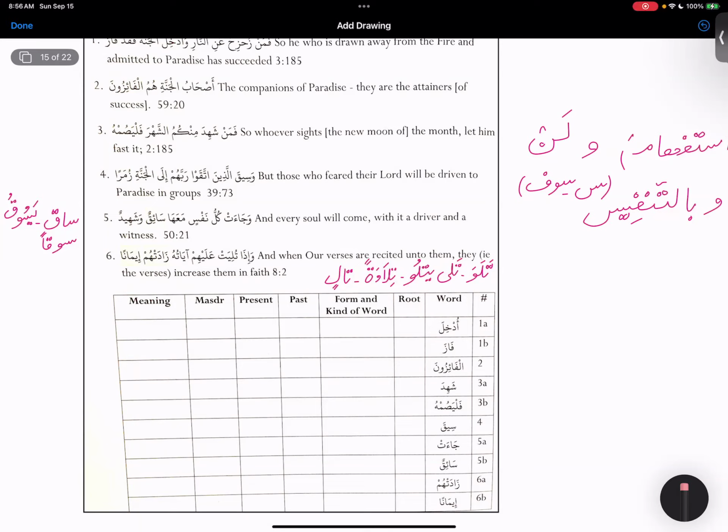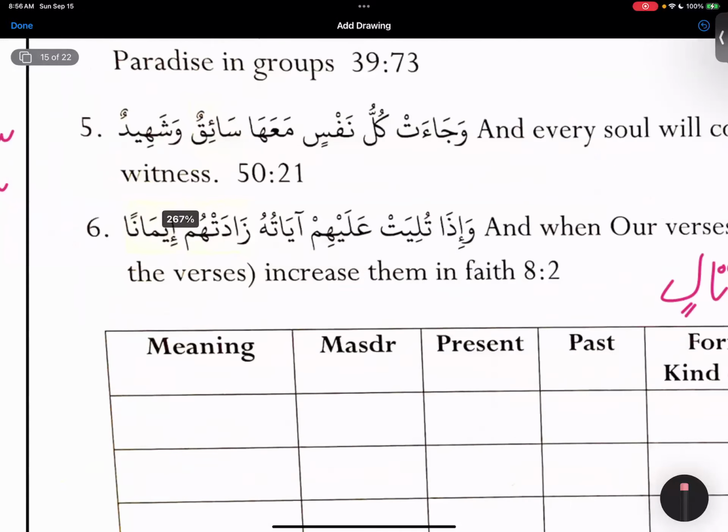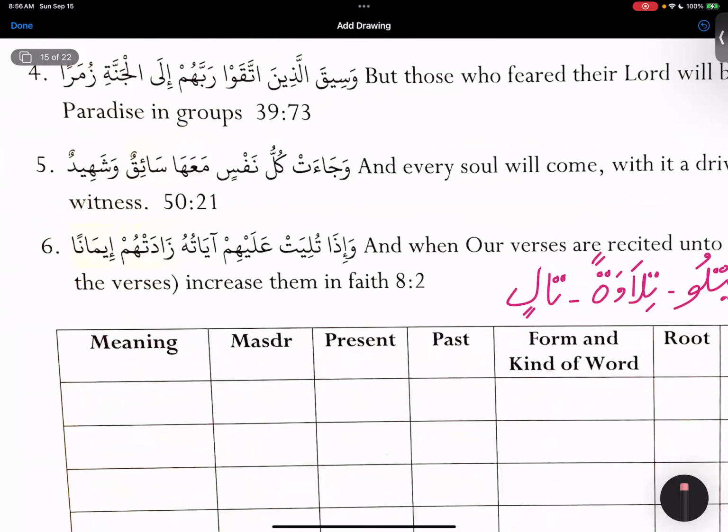So talin is what? What is talin? Ism fail, yes. So talin is ism fail. Okay, and then this is majhul. Why is that tuliyat? So when recited upon them, alayhim, upon them, ayatuhu. What is ayatuhu doing here? Naib fail. Yes, that's a naib fail. Idafa. So when his ayat are being recited upon them,